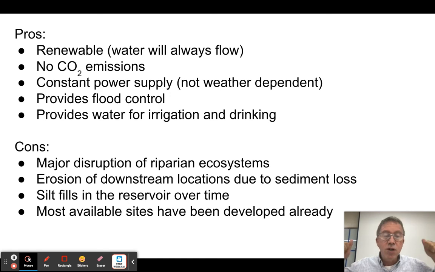So the pros, okay, it's renewable. Water is always going to flow as long as the sun shines. It doesn't produce carbon dioxide, so it's not contributing to global warming. It's consistent and constant, so it's not dependent on the weather or how fast the wind is blowing. It allows you to control flooding. It provides water for irrigation. Man, those are all great advantages of a dam, but it causes huge disruption to ecosystems, especially to migratory fish species. It causes erosion of the downstream rivers and deltas, which again impacts a lot of animal species. The silt from the reservoir tends to fill up the dam, making it really a temporary